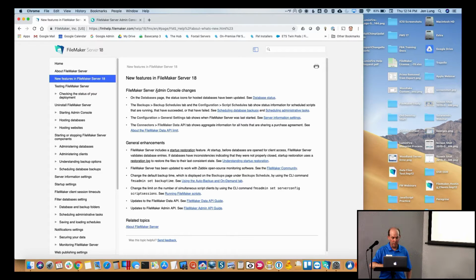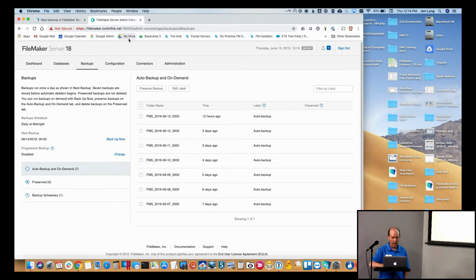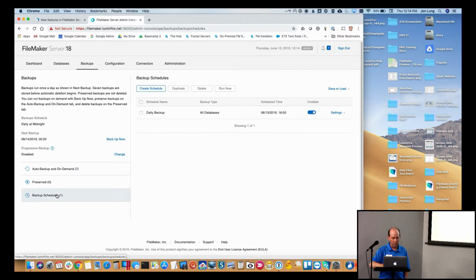Another thing, on this server help page, what's new, in the backup schedules tab and the configuration script schedules, it says that there's a better status indicator for the status of the script, whether it's running or it's succeeded or it's failed. It's hard to show that, but